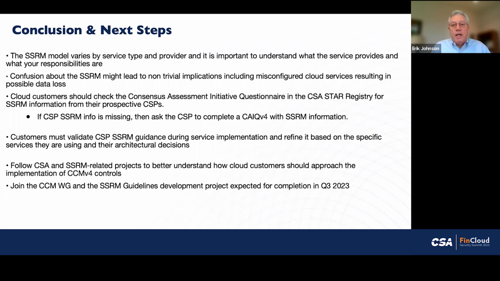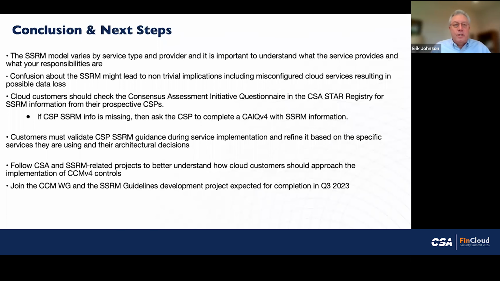So you do need to tailor it and refine it based on those considerations and your own priorities as well. And to be honest, in all the ones I've worked on, I've never seen a CSP get it 100% right. I've seen, particularly in a simple example of some of the organizational controls, CSPs saying things like personnel screening and security awareness training are CSP owned. And we're like, no, they're not. You screen and train your people, we screen and train ours, right?